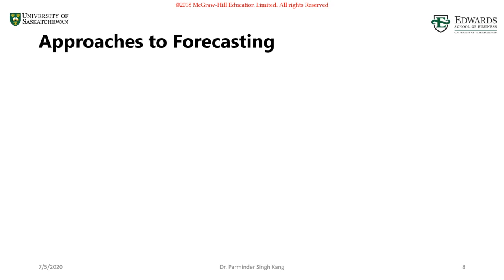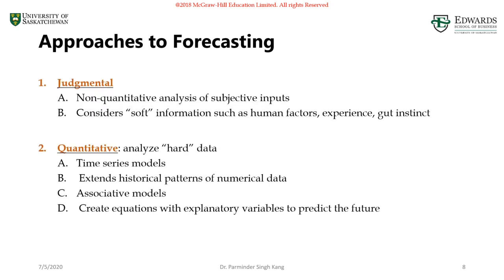When it comes to forecasting approaches, we can broadly classify them into two categories: judgmental and quantitative methods. The judgmental methods rely on non-quantitative analysis of historical data. So as we are basing our forecasting decision on non-quantitative analysis of historical data, we will rely on other